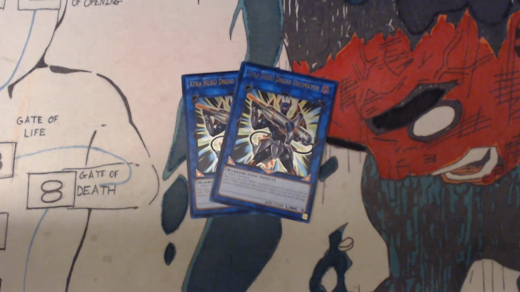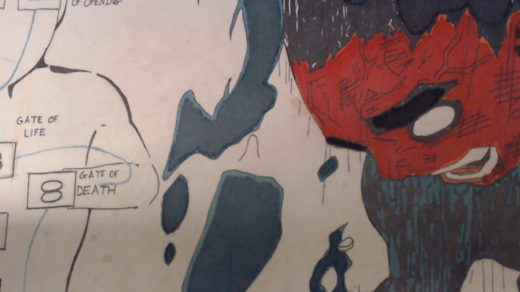Extra Hero Dread Decimator. Requires 2 or more hero monsters, but it's link 3, so 3. This card, also any hero monsters this card points to, gains 100 attack for each hero monster with a different name in your graveyard. This card, if this card attacks a defense position monster, inflict piercing damage. Got 2